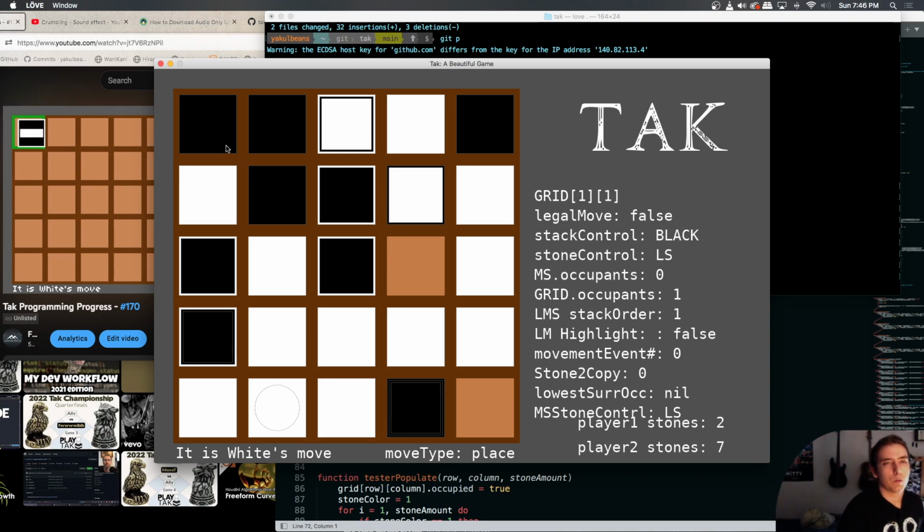And if one has no orthogonal connections, and there's only one in that column, then we know it can't be a road. But if there's another one, then we have to play out every single branch for every single orthogonal space. So it's like, once we get to here,